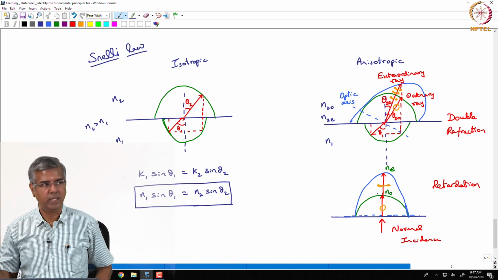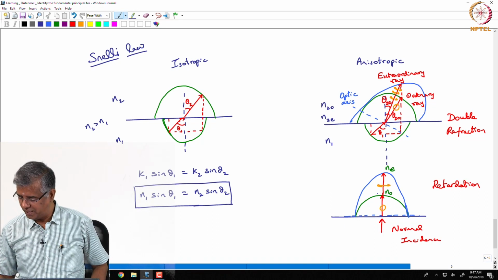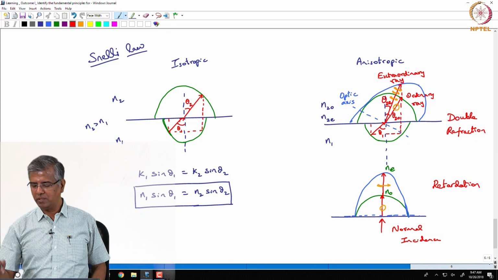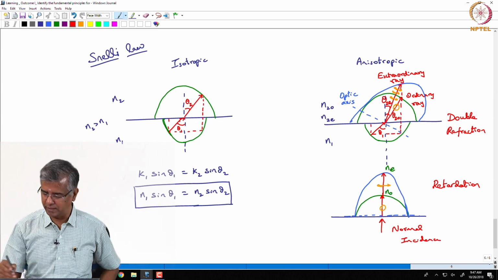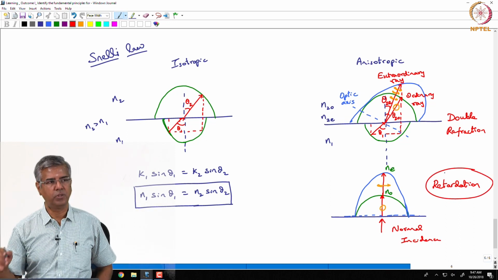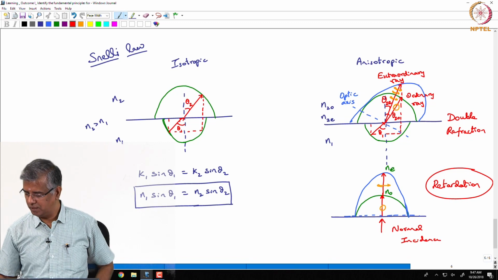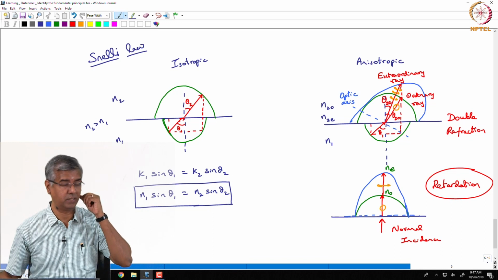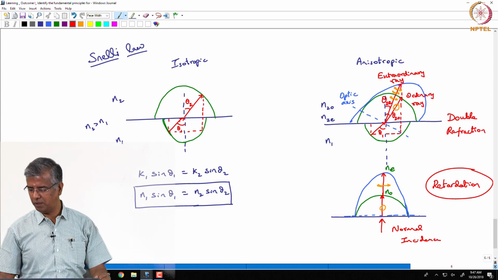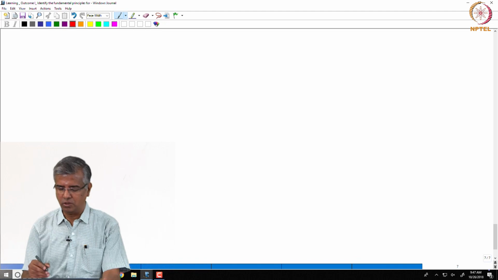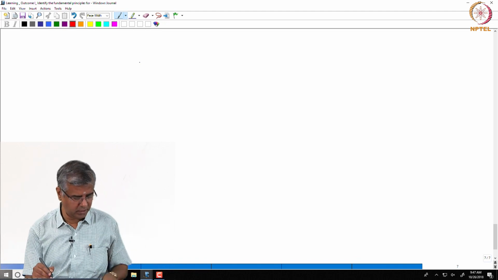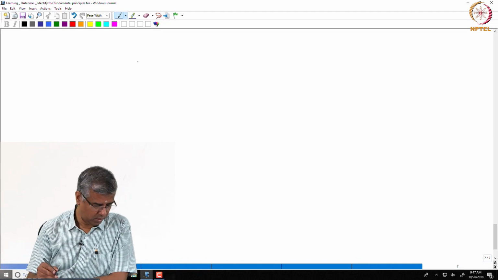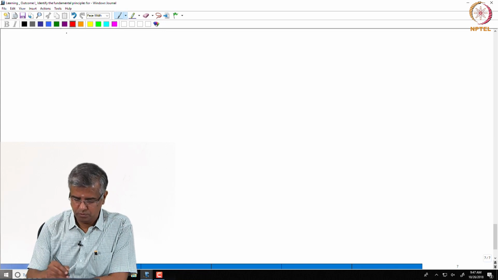Okay. Now, let us quickly look at one example and then we will stop. So, based on this principle, based on this retardation principle, you can actually make components which change the polarization of light. Okay, that is what we wanted to look at. So, now you have, let us say, now what we are saying is,